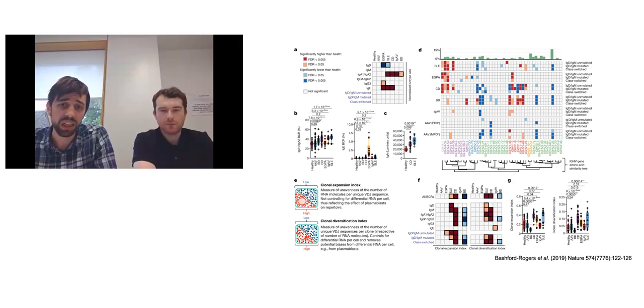Panels A to C here focus mainly on relating the isotype of the antibody, the constant domain, to how much of the antibodies in healthy individuals come from those isotypes, and comparing and contrasting them across different diseases. You can see certain diseases such as lupus have a high signal in the IgG component of the repertoire. IgG is often associated with autoimmunity, so there's a lot of common sense to that. The other diseases that maybe have more viral origins have more of a mucosal IgA response. So again, just from the sequences, we can start to make sense of what we're seeing in the response.